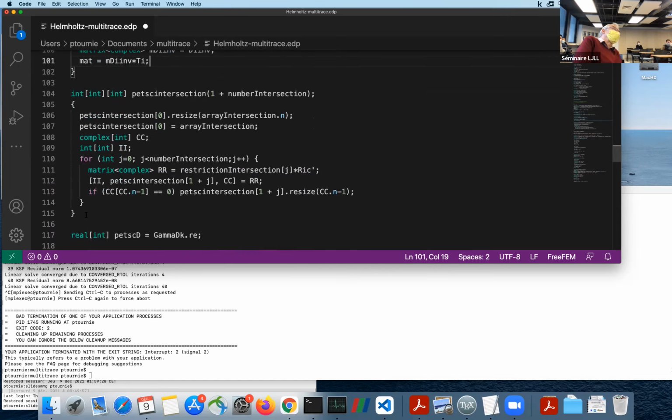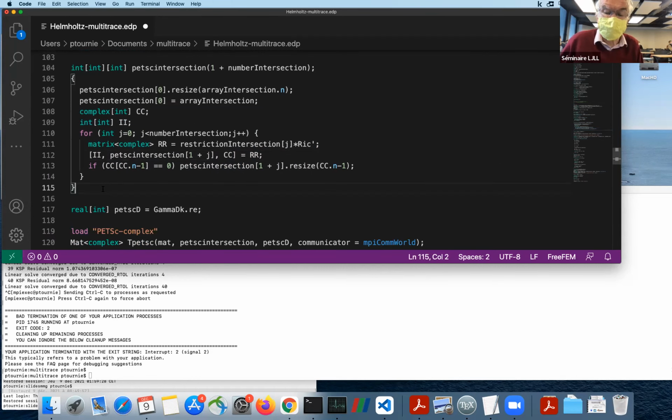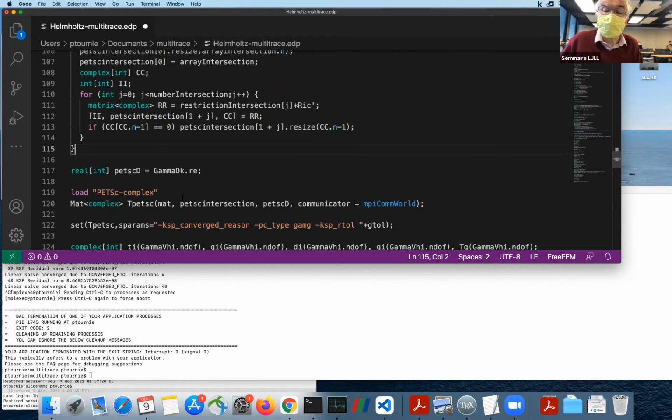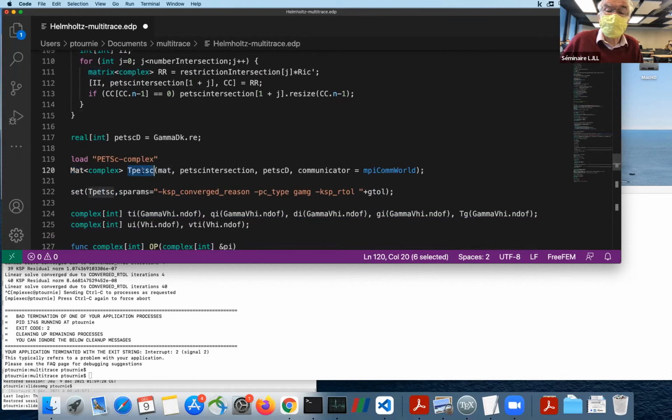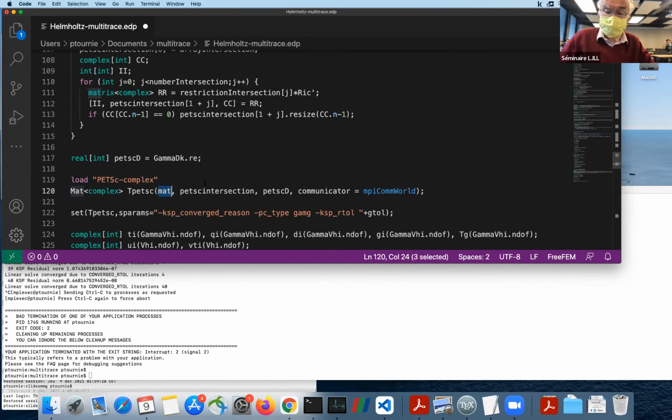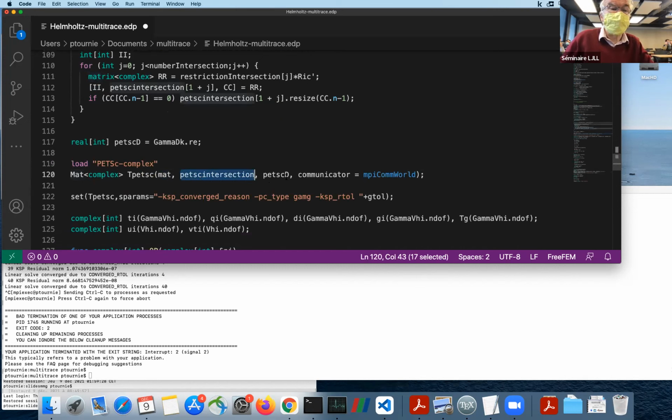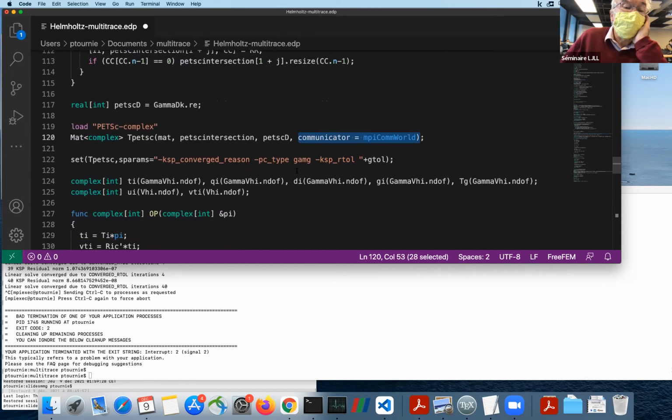This is just some stuff to be able to define the right restrictions between boundary subdomains, because we have some overlapping, some shared degrees of freedom, obviously, in the skeleton. So I need to be able to give that communication pattern to PETSc. Okay, and so now I'm able to define my T operator as a distributed matrix, right? I use the TI on each rank with the intersections on the skeleton between subdomains, the partition of unity, and the communicator. So this is the distributed operator that I need to invert. And so for example here we can use multigrid, we can use direct solvers, Jacobi and so on. So maybe let's just first use LU,